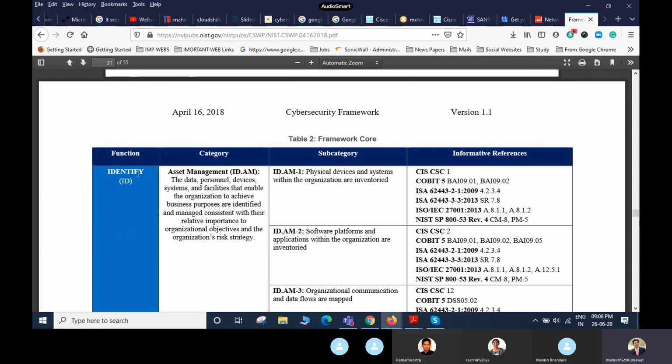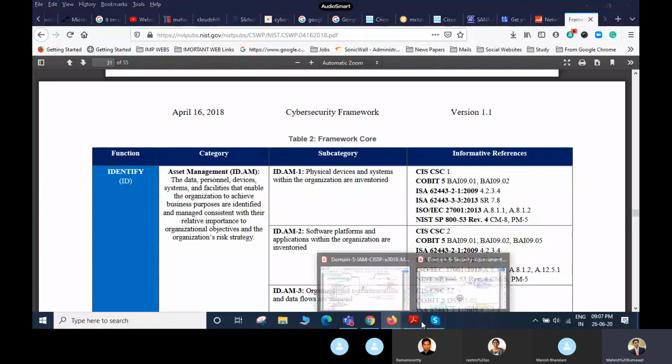So as an IT auditor, I'm coming to your company and I'm going to review the asset management. In asset management, I'm going to ask Manish, the physical devices and systems within the organization, how are you going to maintain them? So Manish tells me, sir, we are going to use NIST. So I'm going to ask, yes, share me CM-8 and PM-5. And I'm going to Saptarishi's company, and Saptarishi is going to use ISO IEC 27001, so I will check A.8.1.1. So what is all about this? Further information is available.